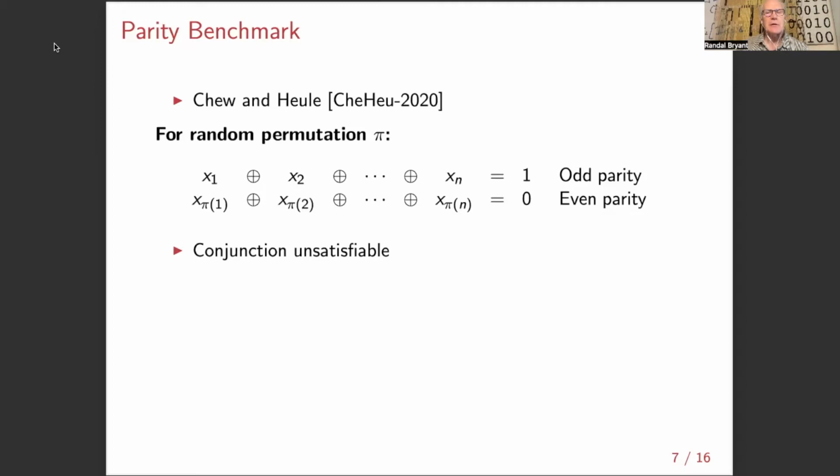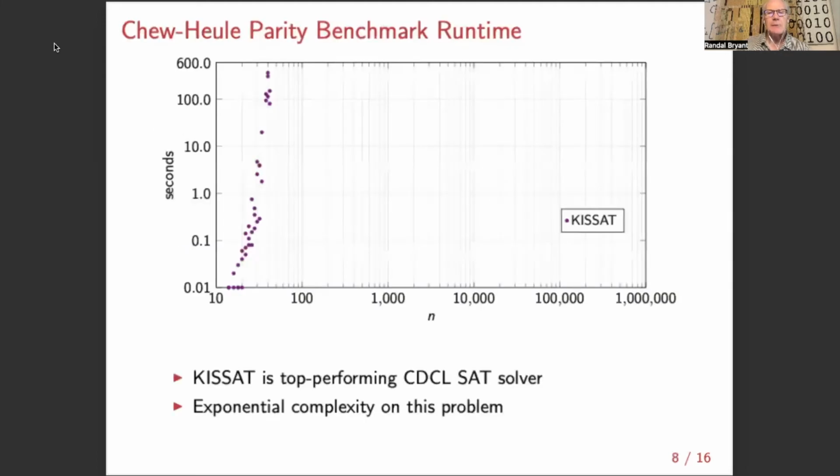This is, of course, absolutely not true. But just to make it a little bit more challenging, we'll randomly permute the variables in encoding the second parity constraint so that it's not just obviously syntactically false. And when we feed this to our favorite modern SAT solver, KeySOT, based on a class of algorithms known as CDCL, we see it does very poorly. Given 10 minutes of execution time, it can't get beyond about n equals 42. And we can see, in fact, that it's scaling exponentially. So that's not very impressive.